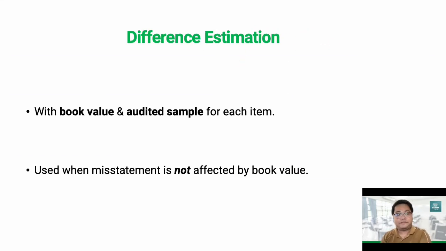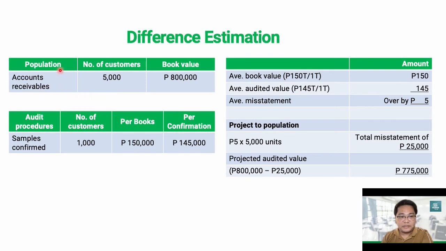Okay? Example. So let's say we are auditing accounts receivable consisting of 5,000 customers with a total book value of 800,000 pesos. So our audit procedure is confirmation with customers. So let's say out of 5,000 customers, we confirm with 1,000 customers. So this is our sample size. So per book, let's say those 1,000 customers' receivable is worth 150,000 pesos. And when we confirm the receivable to the 1,000 customers, the total amount that we have gathered is only 145,000